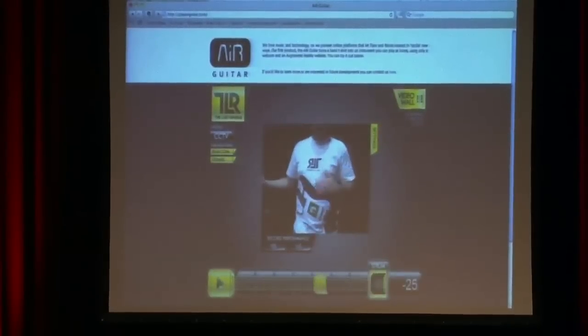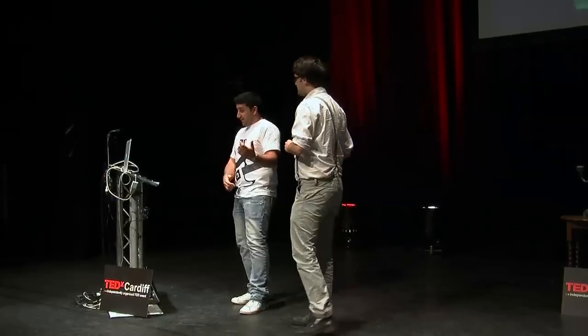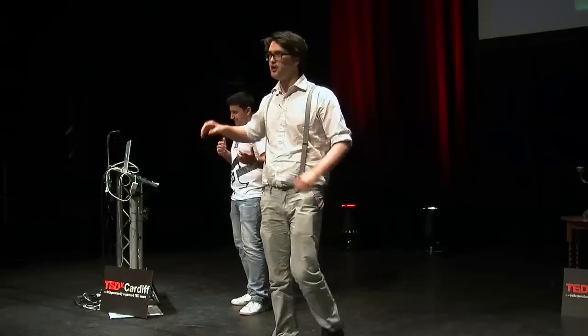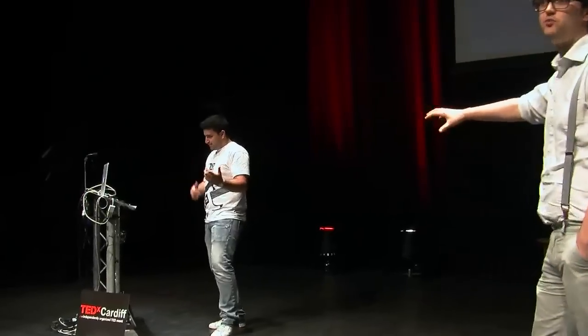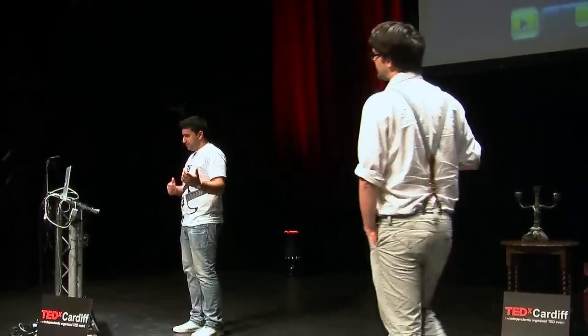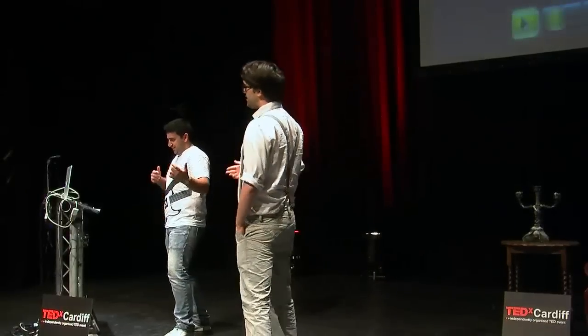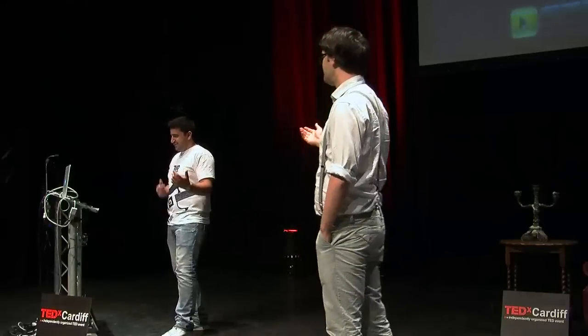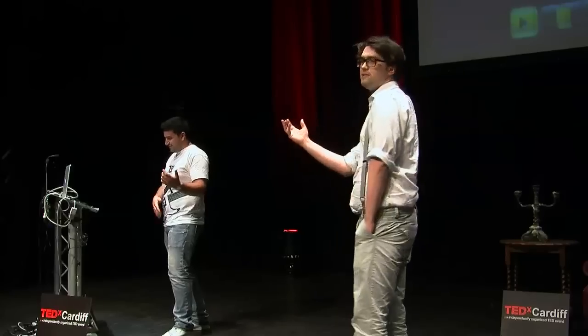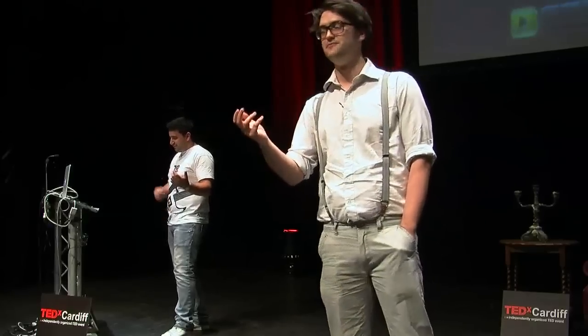So what's happening here is the webcam is recognizing the symbol on the front of the t-shirt, and when the symbol disappears, it's tracking it in real time, which is really important. When it disappears, if Luke gets his timing right, it plays a positive note. If he gets it wrong, it plays a bum note for him. We've got all the usual bumps that go with that, like a scoring system, and the t-shirt contains no electronics, which not a lot of people assume, so you can bung it in the wash.